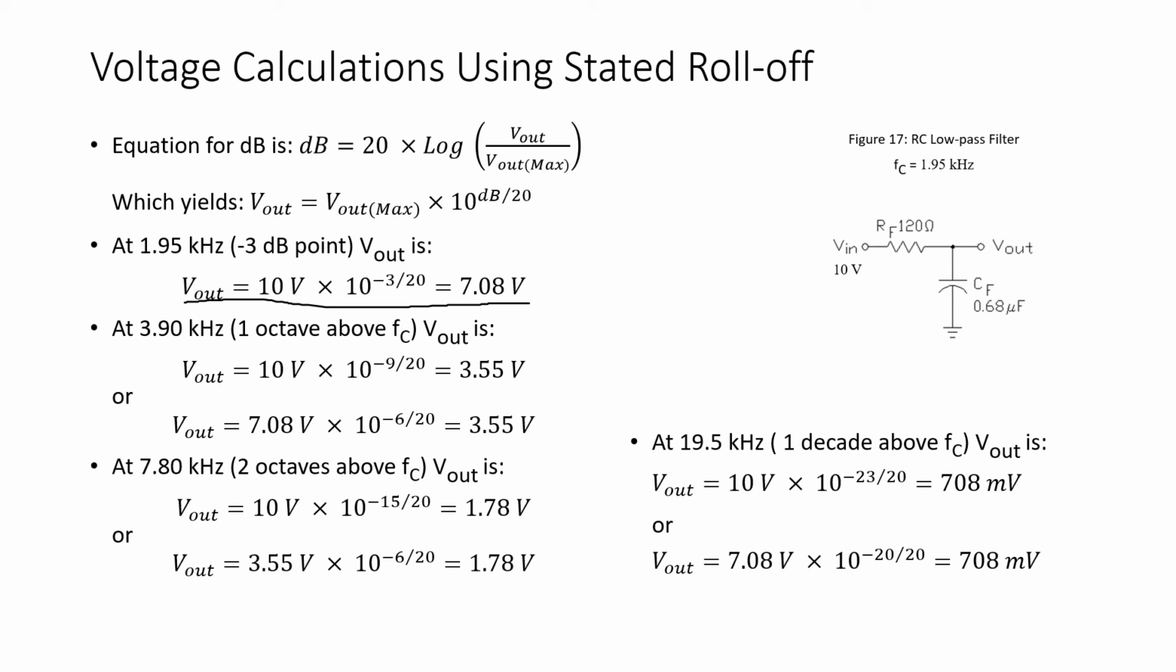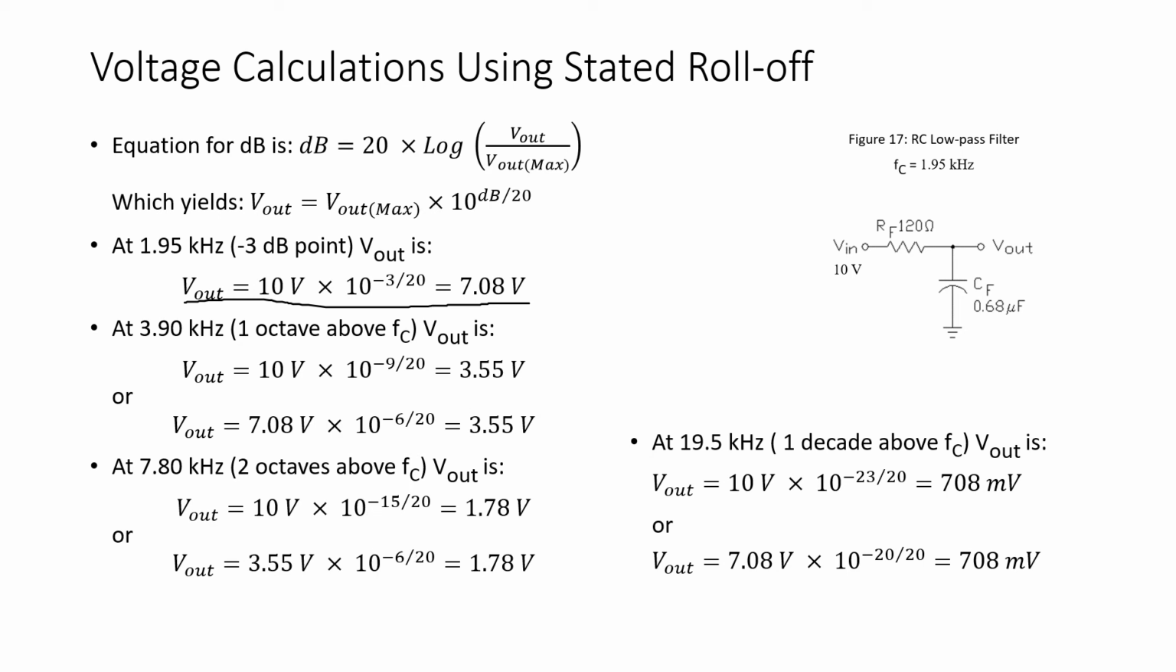And of course, 2 octaves above the cutoff frequency, I can either take the maximum output voltage of 10 volts and reduce the signal by -15 dB to obtain an output voltage of 1.78 volts, or I can take the output at 1 octave above the cutoff frequency, the 3.55 volts I had here, and reduce that signal by -6 dB. Either way, we end up with an output voltage of